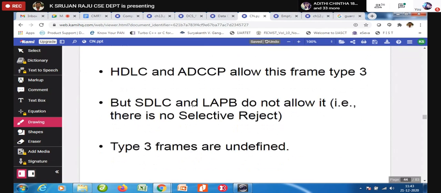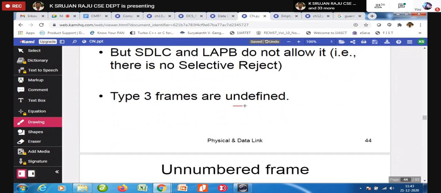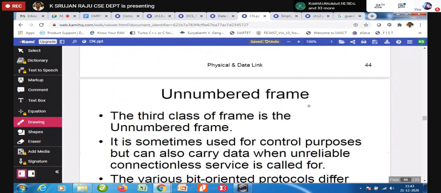Now HDLC and ADCCP. Anyhow, our main intention is not to discuss ADCCP. Our main intention is HDLC. Now HDLC allows this frame type 3, and type 3 frames are undefined frames. That is the information frame we are going to have.